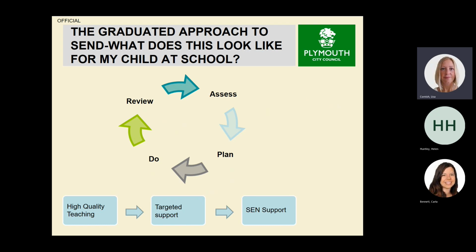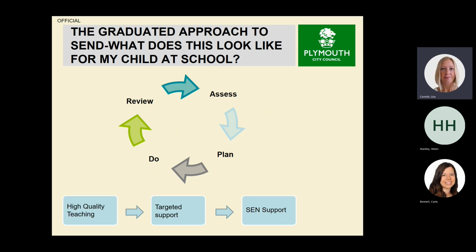And then finally, at the end of the slide, some children will be on SEN support. That could mean that a number of different assessments have been made, conversations would have been had with yourselves, and it could also mean that some outside agencies have been involved as well, but possibly not. Any provision that is additional to or different from the usual will then be in place to ensure that they're supported. At this point, you will definitely be involved if the child has been put onto the SEN register in school.